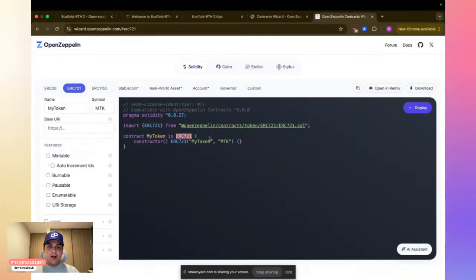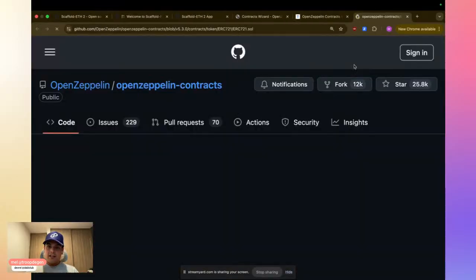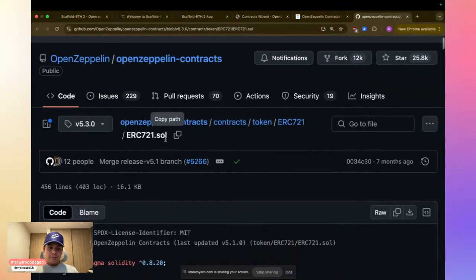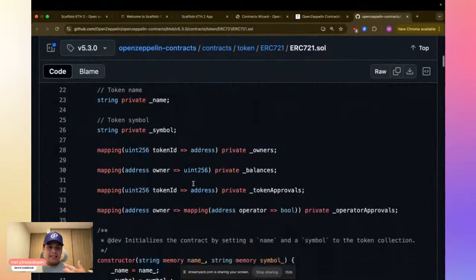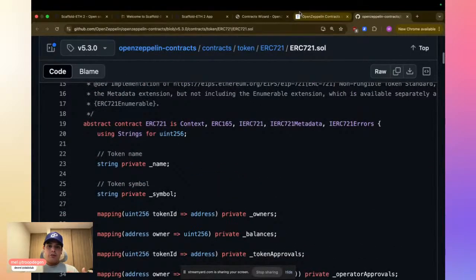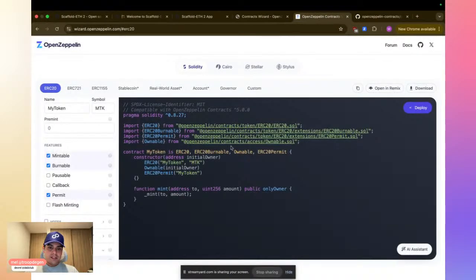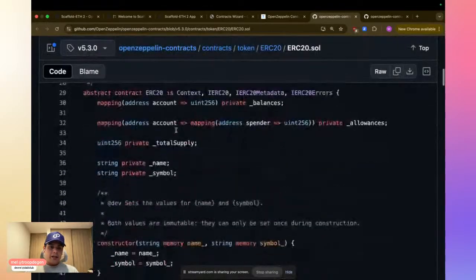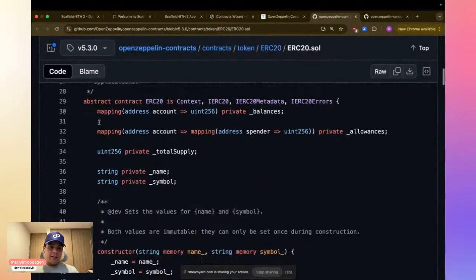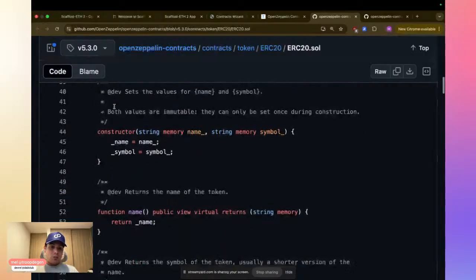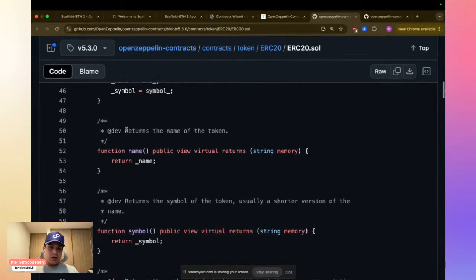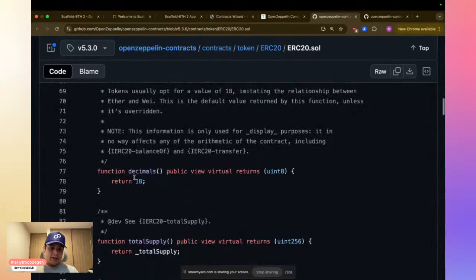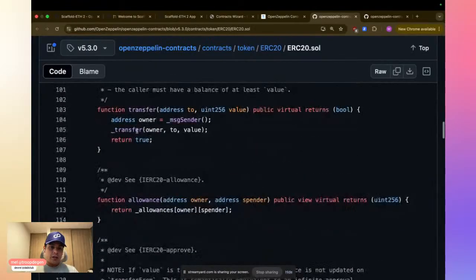That means all the functionality that OpenZeppelin has built into the ERC-721 is available for us. We were doing this with the ERC-20 previously, so it's the same situation. We had all of these required functions that the specification needs us to have: the name, the symbol, the decimals, the total supply, balance of, transfer.